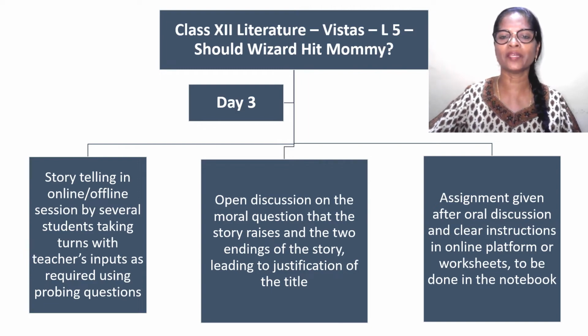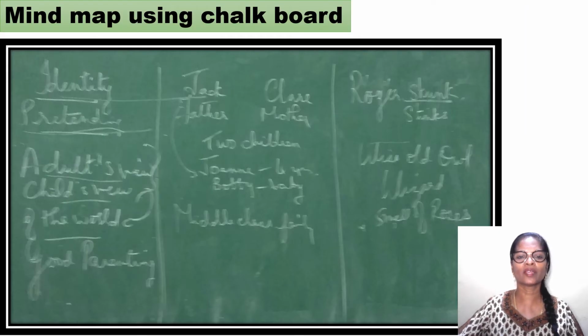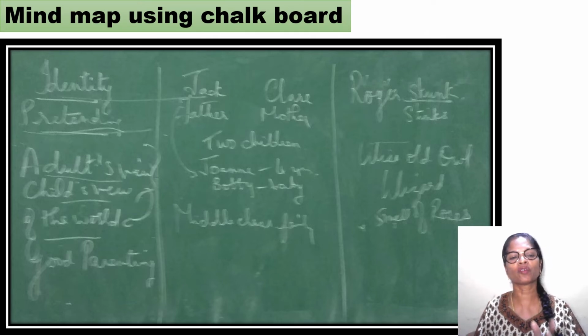You can always use a mind map like this one. Now this is a sample of the chalkboard that I have used in the classroom. So it's something like this where I've talked about and I've put in columns. A mind map is always a very easy way of teaching and explaining to the children. They also catch on very easily. They will not forget something like this, what they see on the board. You can also ask them to copy down what you're doing on the board into their notebooks or their textbook, wherever they can mark out.